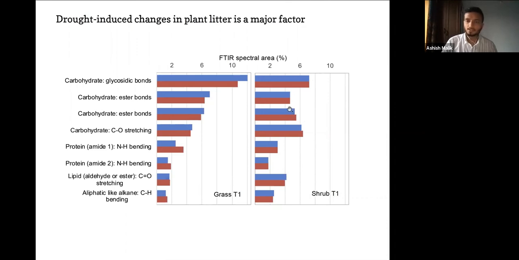But if you compare grass with shrub, you see that there is a lower amount of these easy substrates, but higher amounts of lipids and higher amounts of CO stretching carbohydrates, which probably explains some of the lower rates of decomposition in the leaf litter. But what you see here is that the drought impact, especially in the grass litter, is mostly because of the changes in the aboveground leaf litter, or the changes in the plant communities, and hence the plant leaf litter, and less of an impact of direct drought stress in terms of changes in the moisture.